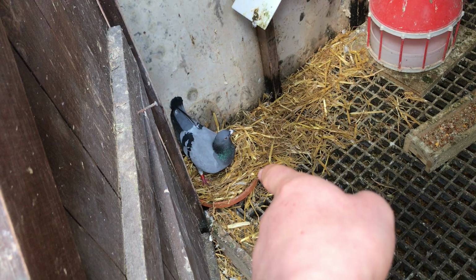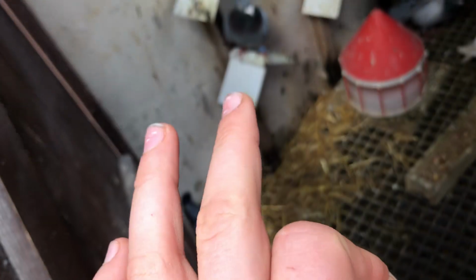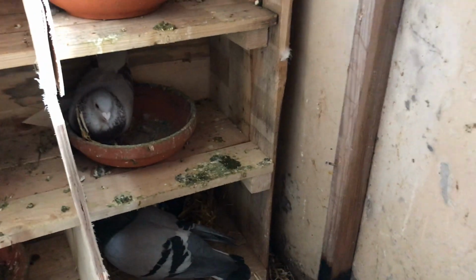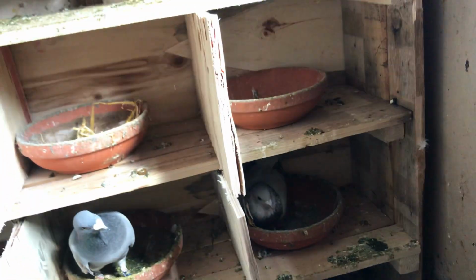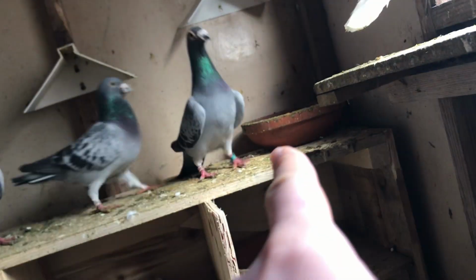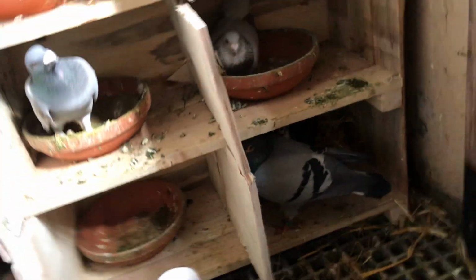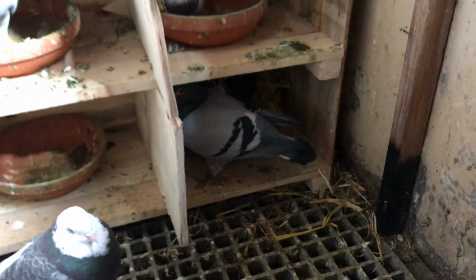Well, I have a pair, that's the cockbird up there. They're paired up and they're nesting over there, so I'm really excited about that. As you can see, the mealy hen is sitting in that nest box. She's actually paired up to a checkered cockbird, and the checkered cockbird, I think, is that boy over there, or it might be that one there. Not 100% sure who's paired up to who, but I do know that that cockbird there with the green ring on his foot, right there,